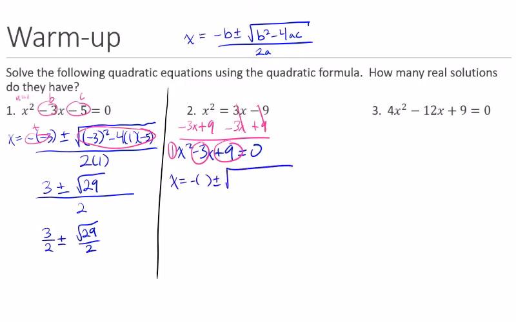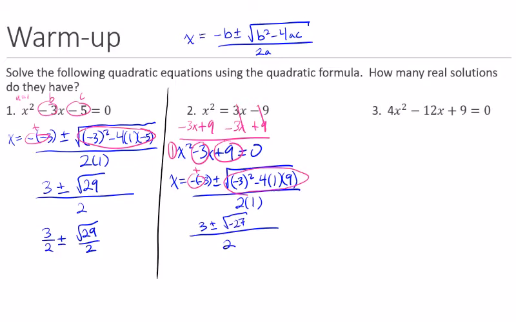Negative b plus or minus the square root of b squared minus 4 times A times C, all over 2A, right? So A is 1, so that's going to go after the 4 and underneath. B is -3, and C is 9. All right. So we're going to end up with a similar looking thing: 3 and the 2. Then underneath the radical, this time we have 9 minus 36. So that's going to be